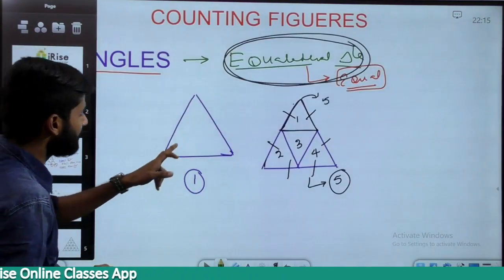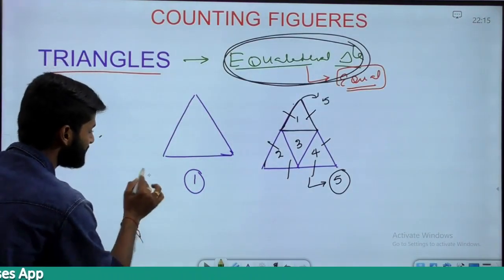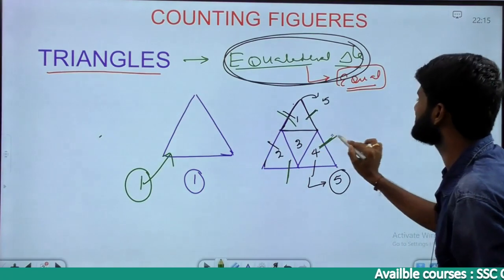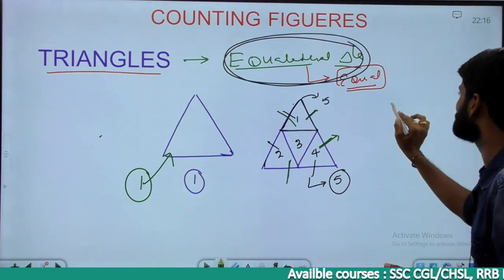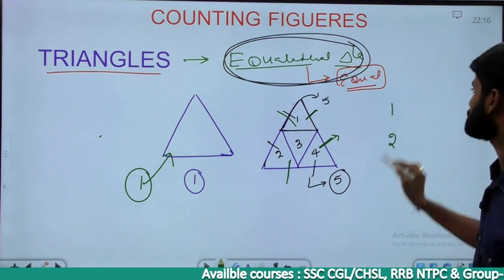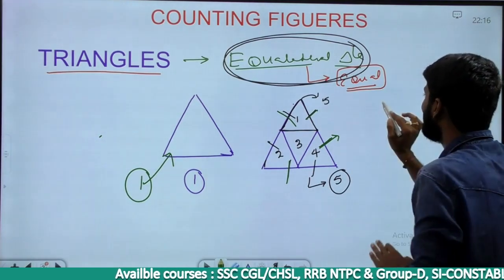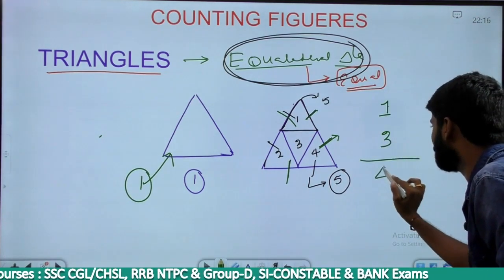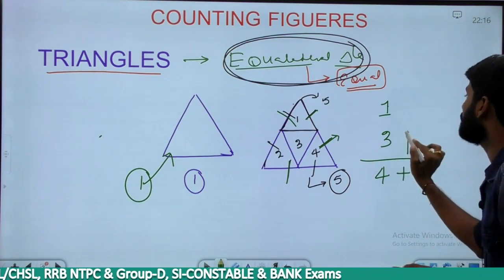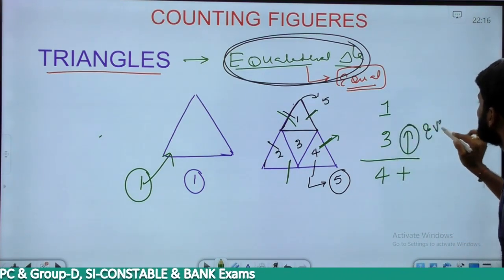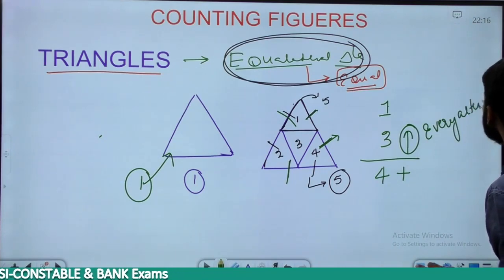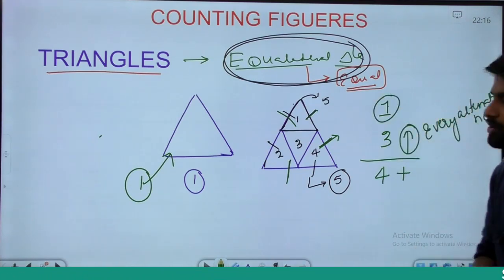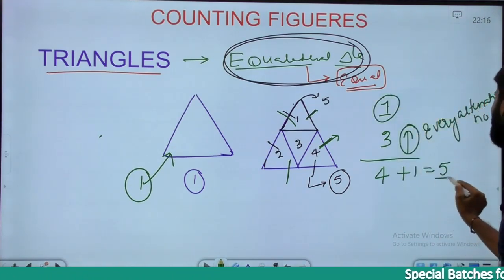First of all, to find the total number of triangles in this figure, take it as the first number, so the answer is 1. Then here we have 2 bases, guys. The 2-base case means consider the first 2 numbers. What are the first 2 numbers? 1 and the next number, 2. So 1 plus 2 is equal to 3, guys. Simply 1 plus 3, the value becomes 4. Now we should add, from the bottom onwards, every alternate number. From the bottom onwards, the first alternate number is 1, guys. So 4 plus 1, the value becomes 5.